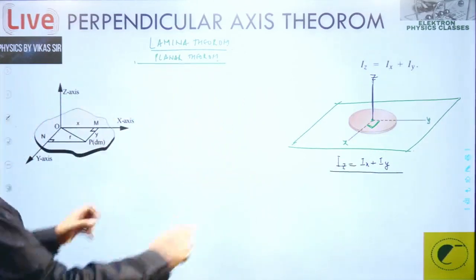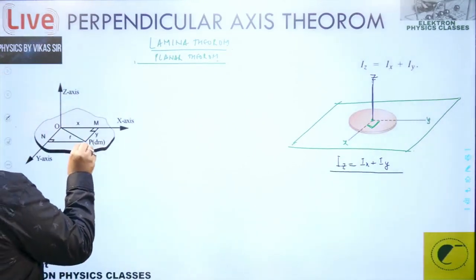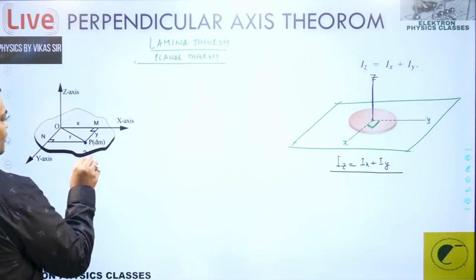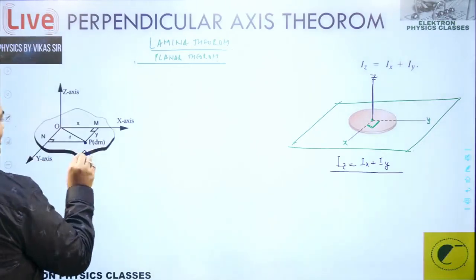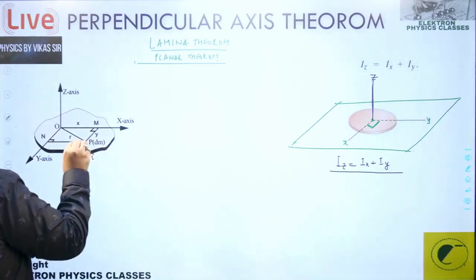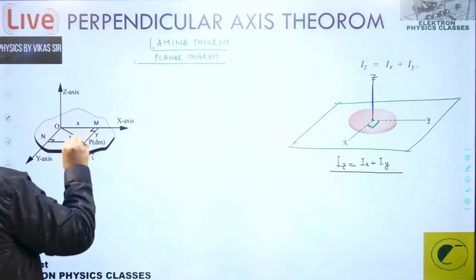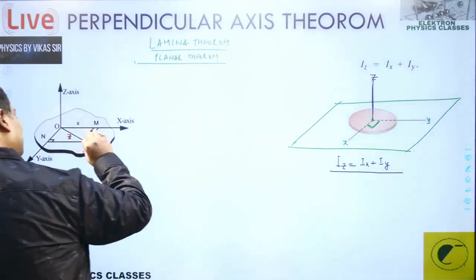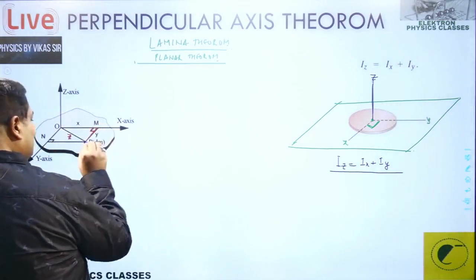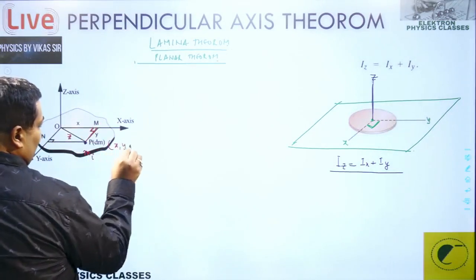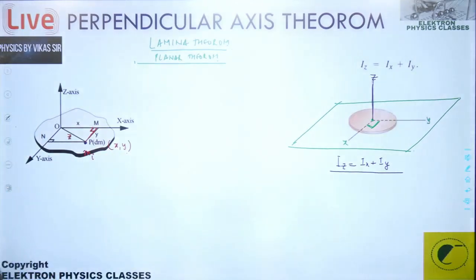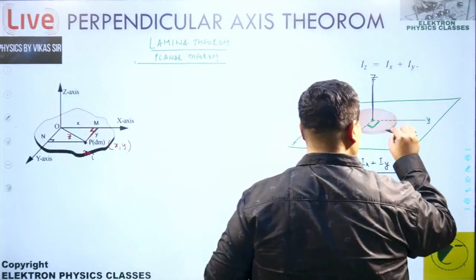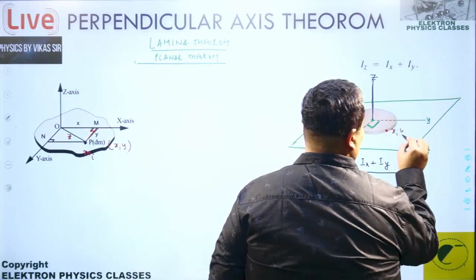It's very simple. As I explained, consider a single particle here, having a mass of, let's say, mi over here. Correct? And this distance from here, let's say that is z. The perpendicular distance of this particle from the x-axis is y, because this is having a coordinate x comma y. Why x comma y? Because it's lying in the xy plane. So any particle in this plane will have coordinates xi, yi.